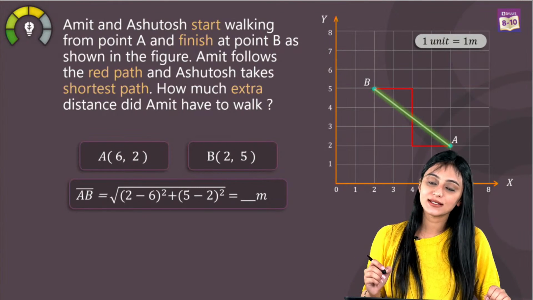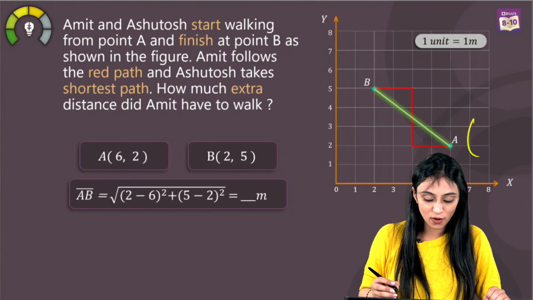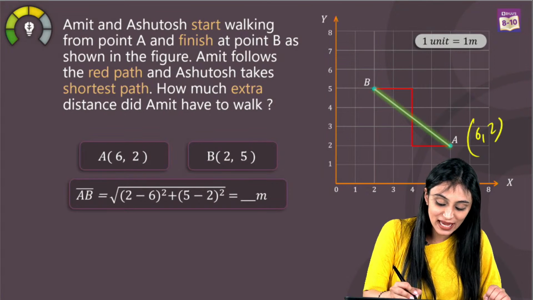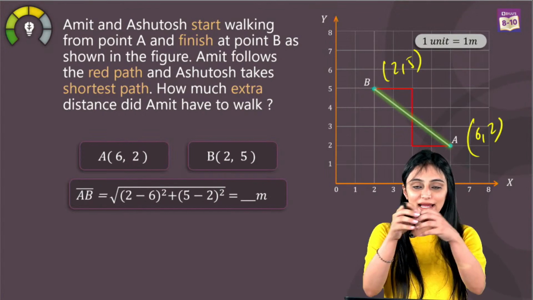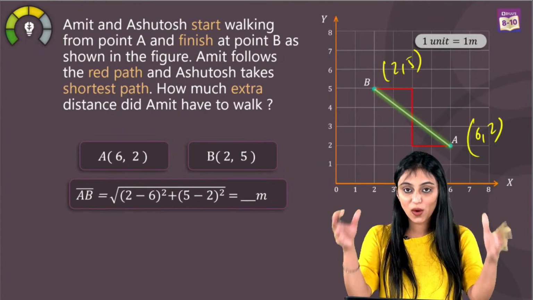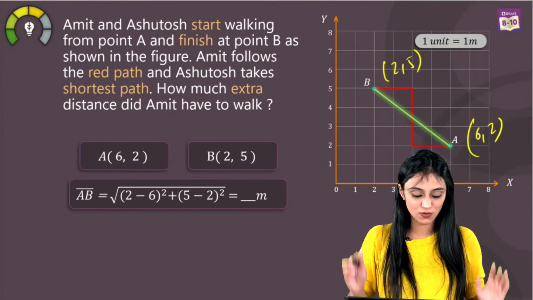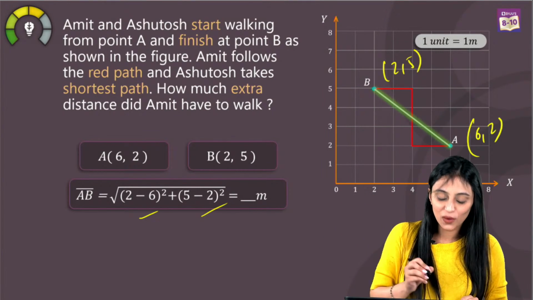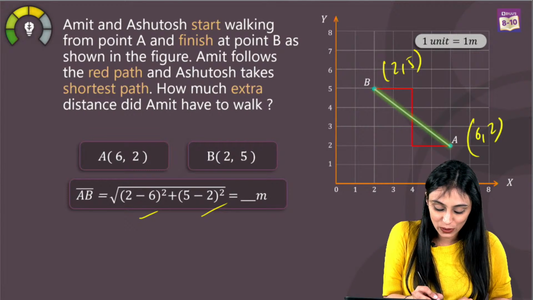So the shortest distance is AB. We have the coordinates of A over here, and we have the coordinates of B as well. How do we find the length between 2 points where coordinates are given? That's the distance formula. So we'll apply the distance formula on these points, and after solving this, we will get 5